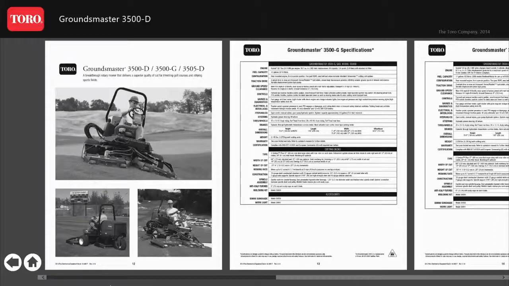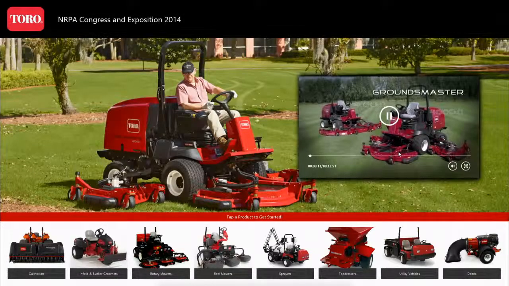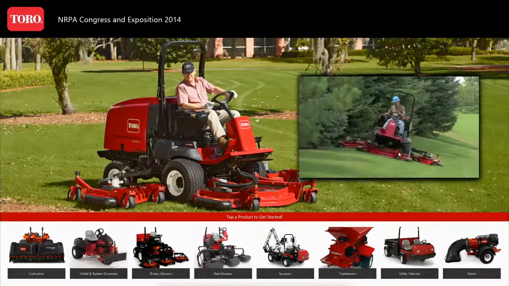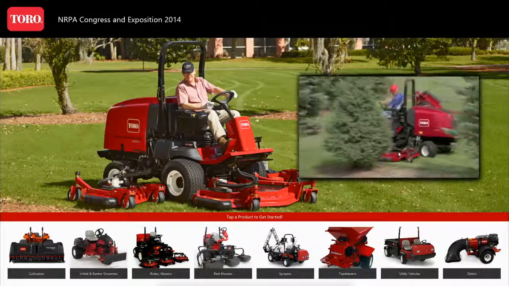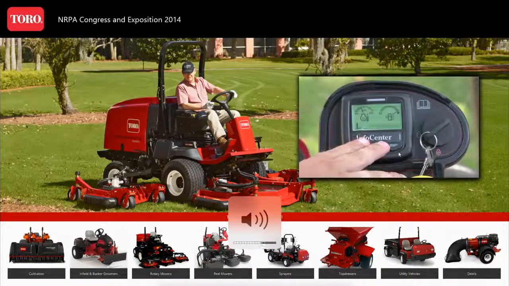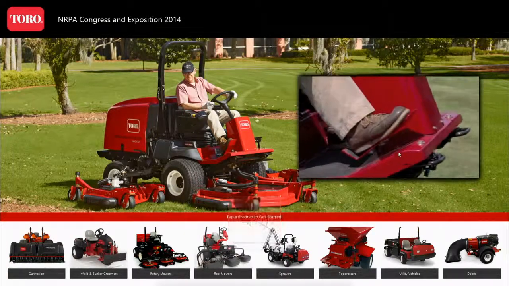I can actually come in here and, now this is what they would have seen before. So I think we could all agree that, I don't know how many of you are in the market for mowers right now, but if you were looking for a mower and this is what you're presented with, you might be a little bit less enthused than a full screen, touch-enabled, video-laden experience. And so that's really what Siena can, oh wait, I need to get the... Revolutionary smart power technology. Toro Groundsmaster 4000 and 4100 are smart... Get that sweet marketing materials right there for you.